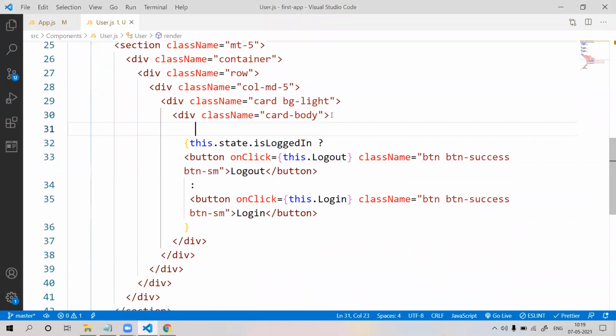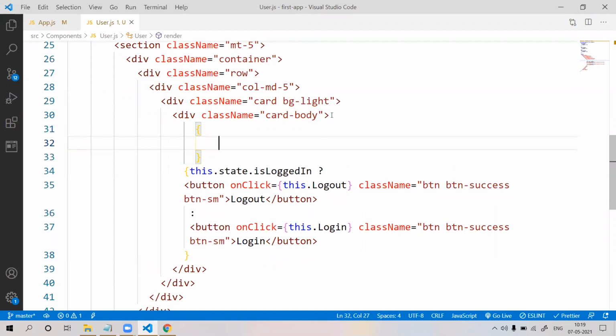Inside, we can display an h1 tag, and inside here we can make a condition like this.